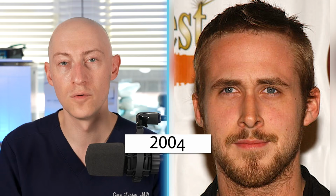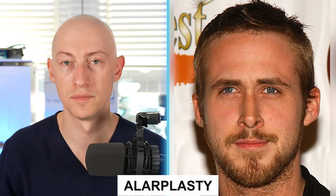In 2004, at the age of 24, what I'm seeing here is that Ryan does have a prominent left ear. It tends to stick out a bit more than his right side. The left ala of his nose is larger than the right. And some people end up getting alarplasty procedures to try to adjust the nostrils and to make the alas more